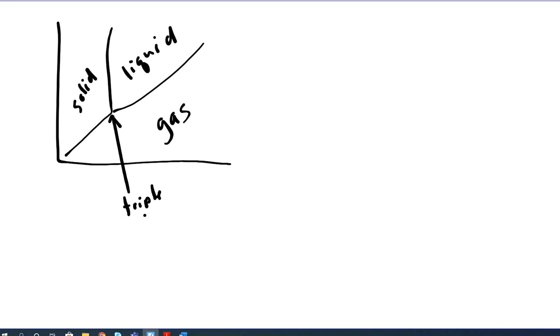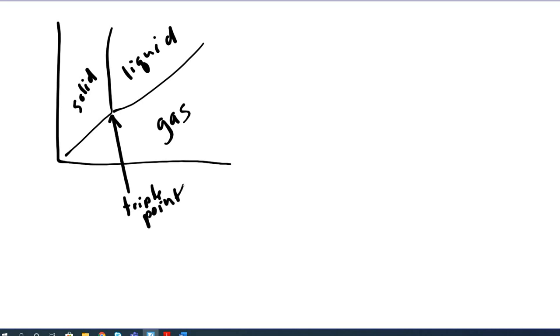The two graphs that we had in this last unit, to make sure that you knew what they were. The first graph was just what we call a phase diagram. In this area here it's solid, and this is liquid, and this is gas. This point right here was a triple point, meaning solid, liquid, and gas all exist at